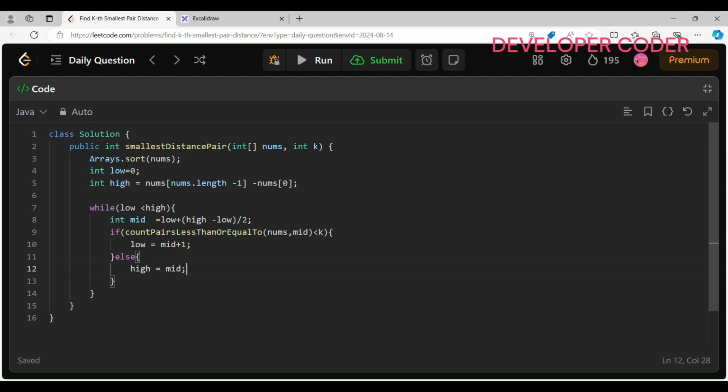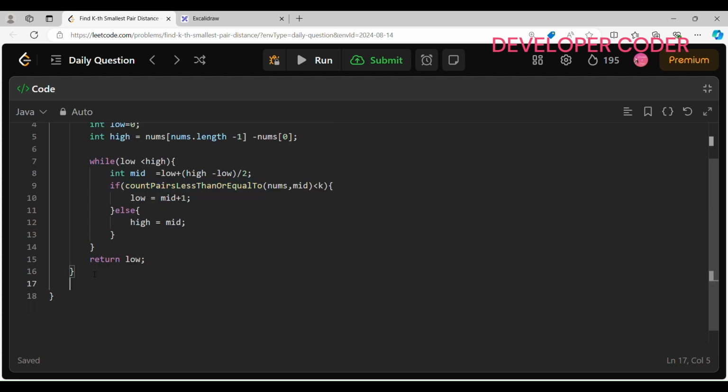And in the end I have to just return low here. That's it. Now let's define this method. This is nothing but my helper method to count pairs with distance less than or equal to mid. Private int, this method. Inside this I am passing my nums array and my mid value,